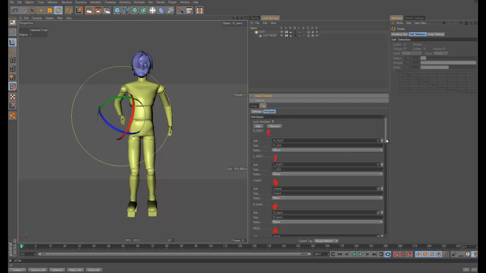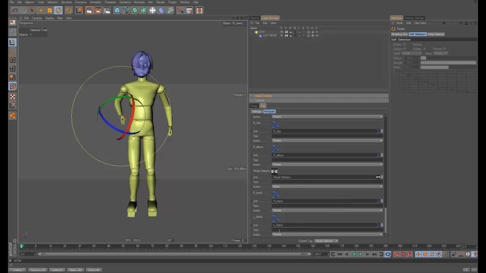So if you go in here, you can tell it what tool to select when you click on that, and you can even have it run scripts or commands. So you could create a script to do anything you want using,